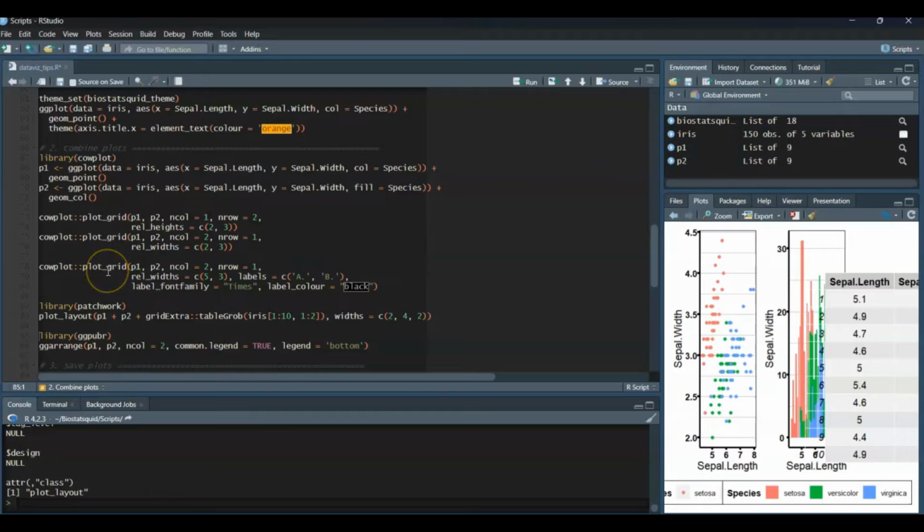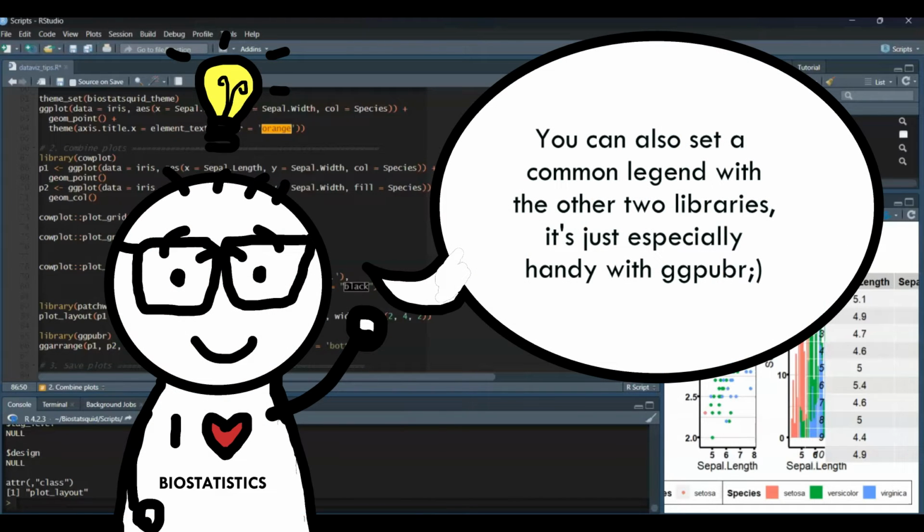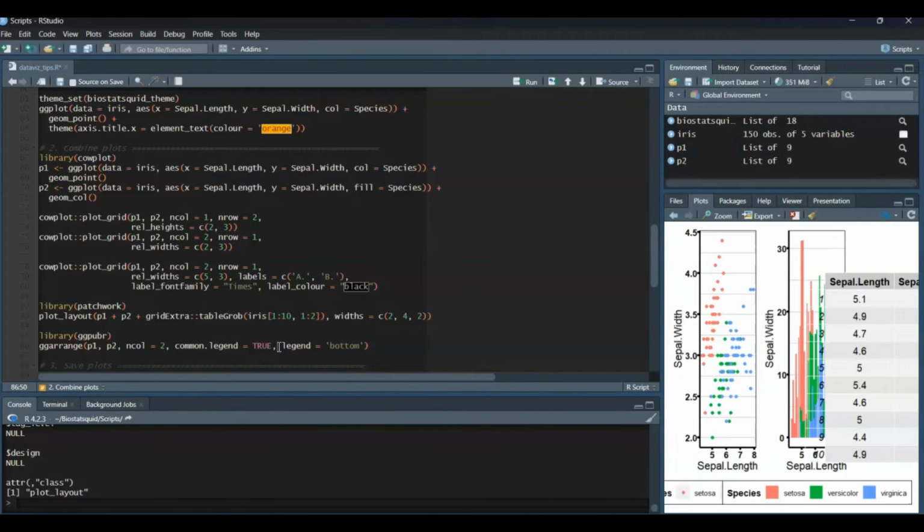Great. And the third library I wanted to talk to you about is ggpubr, which is also really nice. And I like it because you can set a common legend. So if you have 2 plots that come from the same data set, and they have the same colors and the same groups you want to show, then it might be useful to set the common legend to true. And well, there are many more arguments you can set. Again, if you check